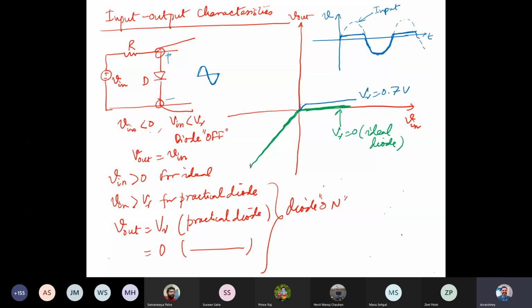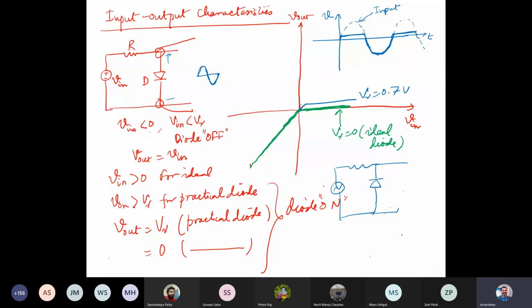Now if I change the diode position, let's say we reverse the diode, what's going to happen for the positive cycle? Can you plot it? If you just reverse the diode position, now the circuit is something like this, and you want to plot it on this. So for the positive cycle, this diode is in reverse bias. Diode in reverse bias means what you get? Can somebody get an idea? It's off, right? It will be off simply.